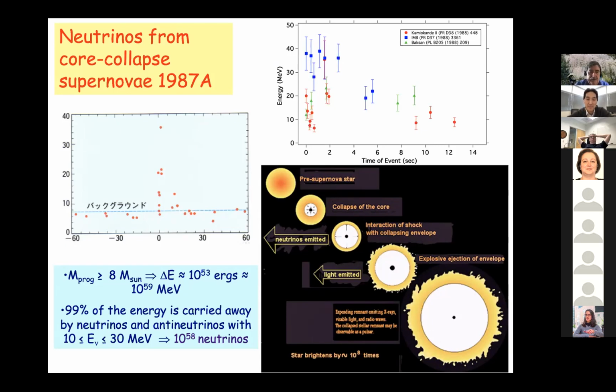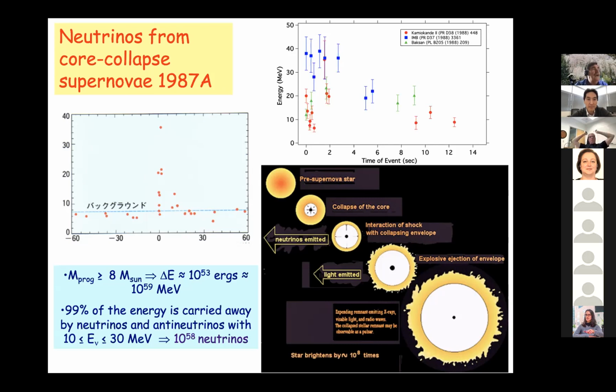The basic mechanism is relatively easy to figure out. You start with a progenitor star, which has mass of 8 times the mass of the sun at least, but more like more than 12 times the mass of the sun. The energy released is also relatively easy to figure out. It is the entire gravitational binding energy of the pre-supernova star, which is 10^53 ergs or 10^59 MeV. And of course, during the collapse, you end up with a very hot protoneutron star, which